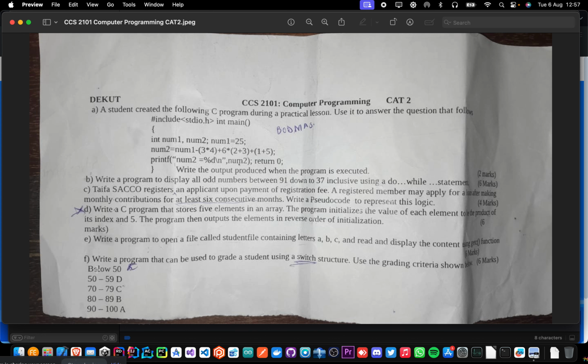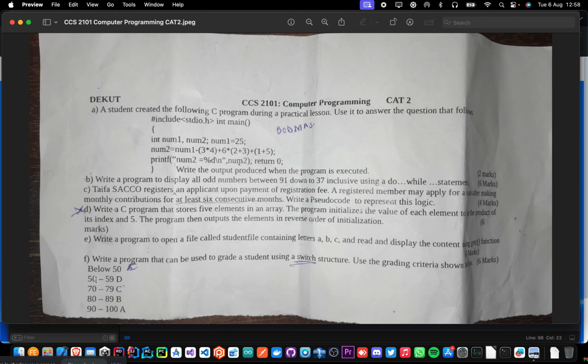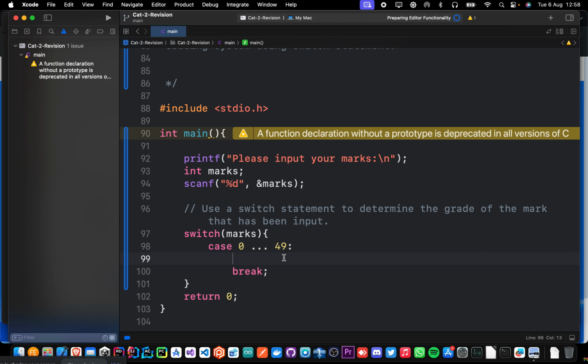But in this case, you can see it's saying below 50. So 50 is actually not included. So below 50 means it's 49 and below. So here we need to have it as 49, because 50 is actually a D. 50 is in the other marking scheme. So here, 0 to 49, we can printf